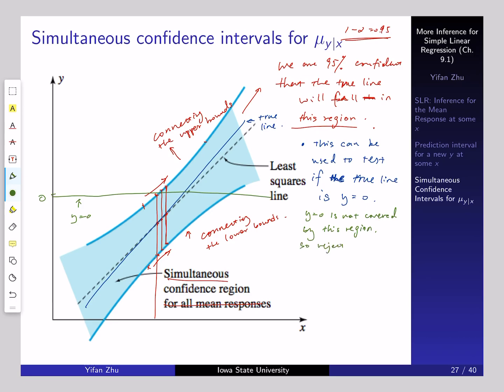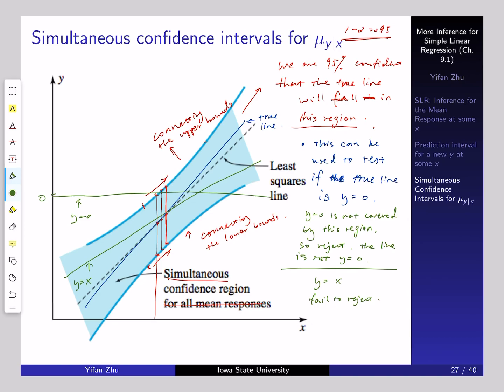So reject. The line is not y equals 0. Okay. And if you want to test if the line is y equals x, so for example, this is the line y equals x, and it is completely covered by the region, and then you will fail to reject this hypothesis. Okay,